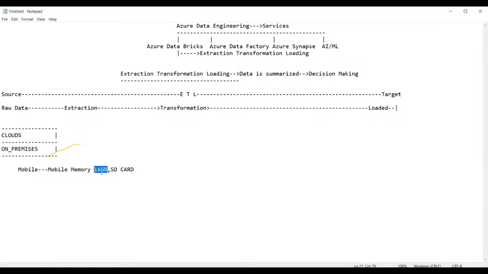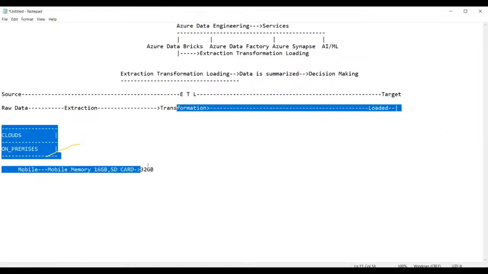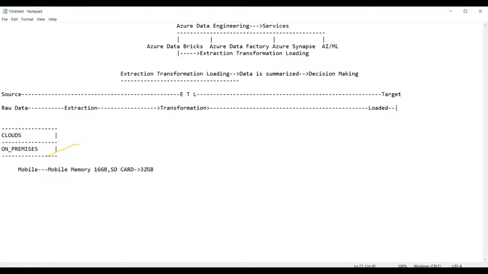That means in your mobile phone, you can store up to 16 GB. Whereas if you require to store more, that is 32 GB of memory, for that, what we do, we buy an external SD card and we put it in your mobile phone, and from that point onwards, you can use this memory of 32.